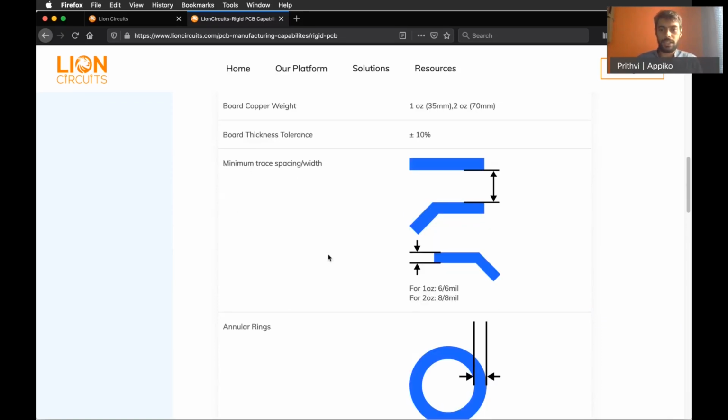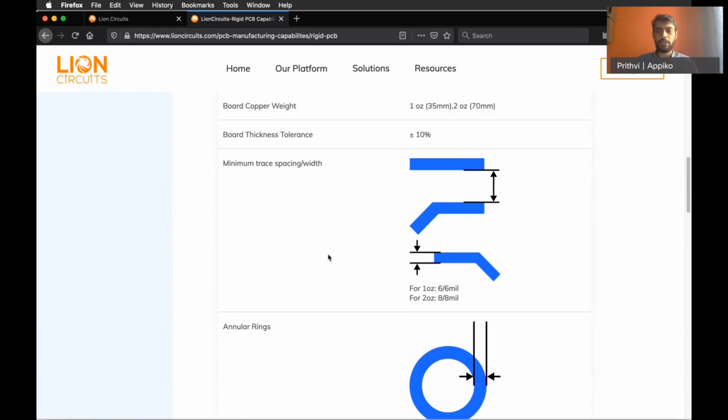Trace width spacing for 1 ounce of copper is 6 mil. So this is the space between two tracks on the PCB, and even the track width minimum is 6 mil. So what is mil?